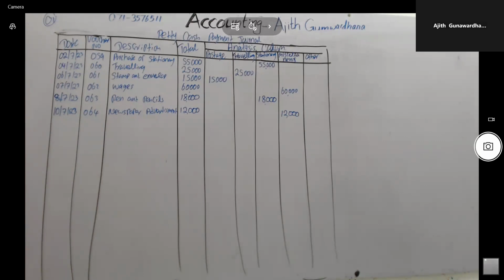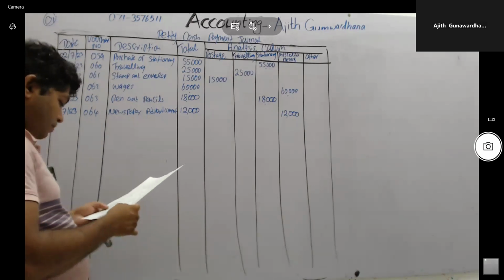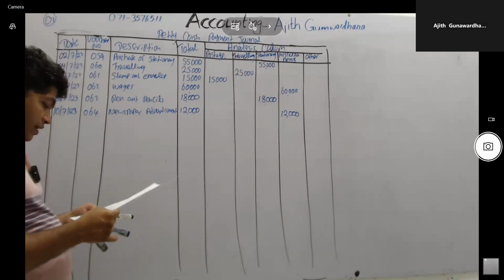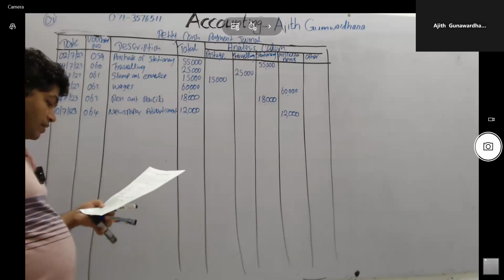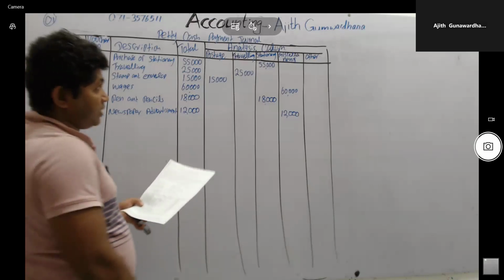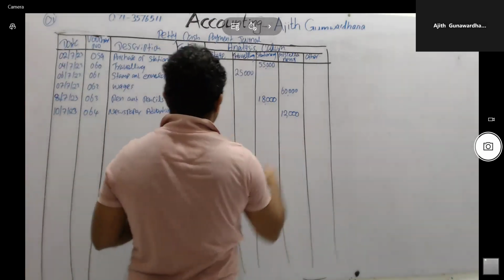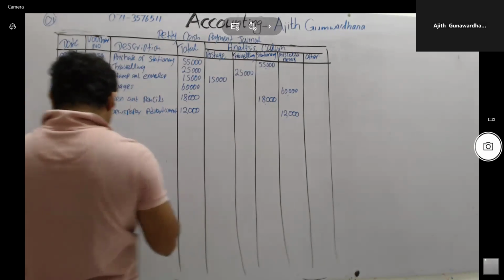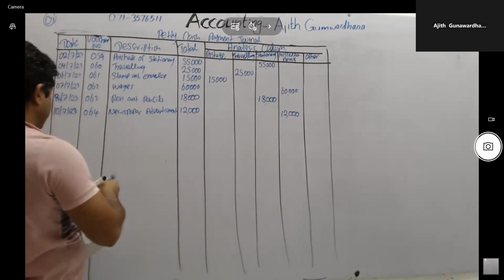Right, complete like that. Next one. And given payment to Sunil, think Sunil is a creditor. If it is given payment for creditor, should be recorded in the other column. Sunil is a creditor. Therefore, 11th of July,